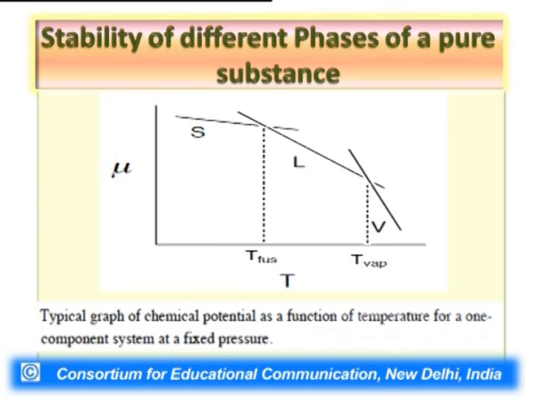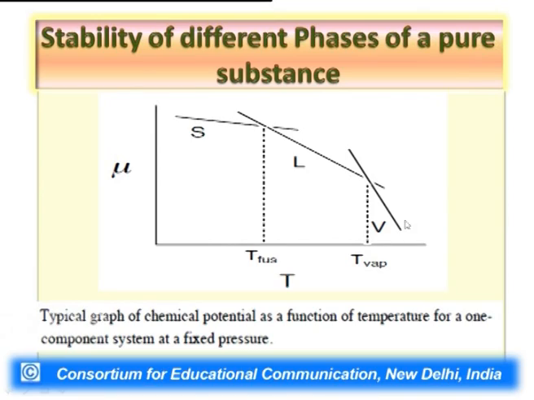That is, if the temperature of the system lies between the boiling temperature and melting temperature of the substance, then our system will have only liquid phase stability; only the liquid phase of the substance would be stable in the system. So at temperatures all the way from absolute 0 up to the melting temperature, only the solid phase would be present. Between melting temperature and boiling temperature, the liquid phase would be present, and above the boiling temperature, we will have only the gas phase.